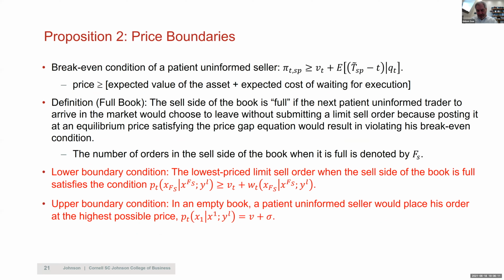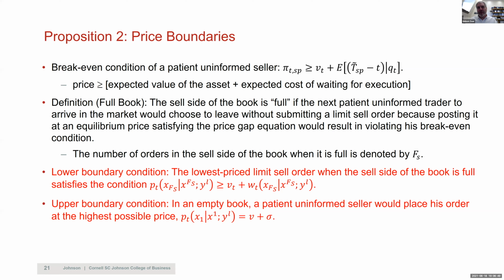So we have a proof in the paper that the first, and I'm going to always talk about sell orders, the buy orders are basically symmetric. The first limit sell order in an empty book will always choose the top possible price, V plus sigma. The idea is like a monopolist, right? There's only a probabilistic chance that somebody would undercut and so on. So I'm putting it at V plus sigma. Venki comes, he's going to put it at V plus sigma minus the gap G1 and so on. And Ravi comes, and none of us were executed, putting it at V plus sigma minus G1, minus G2, G3, and so on and so forth.